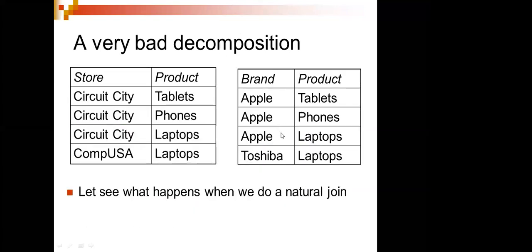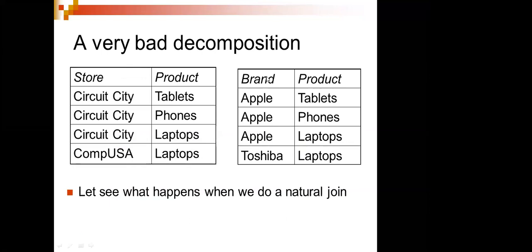Whether he's selling the product of tablet or a phone or a laptop. When I'm selling the tablets, here we have the joining problem. When I do this joining, I'm getting data like this. I have been separated. So we call this a bad decomposition. We have to go with identifying a good decomposition. How will I be doing this decomposition? Simply I'll say tablet, phones, and laptop. Instead of this, I will not write the 2 things. Again, I'll say these are all from Apple and this is only for Toshiba. So I have to find the composition of this. But if I do it like this, it's a very bad decomposition.